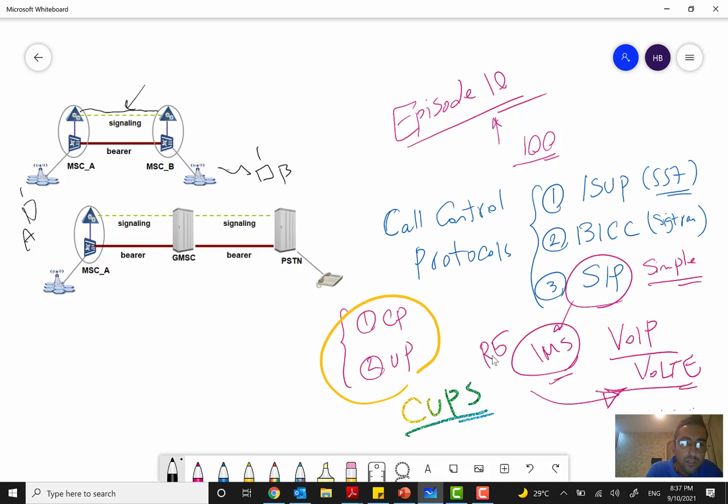For example, this is another scenario. For example, here can be BICC or ISUP or something else, and for example, in some countries PSTN is a little old, so for example here maybe use ISUP, here use BICC or for example SIP. Okay,